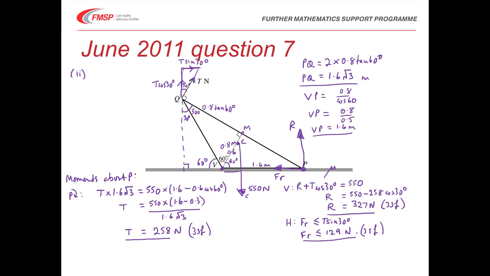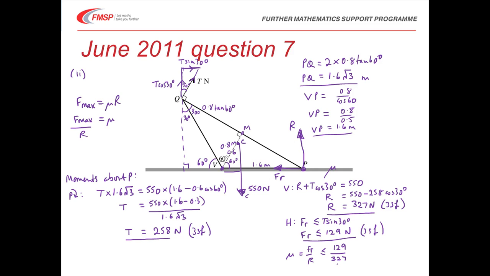So it just remains to calculate the greatest value of mu. Well, bear in mind that F max equals mu R. That means that mu equals F max divided by R. Well, over to the side here, I've got mu equals the friction divided by the reaction, and I therefore reckon that mu is less than or equal to 129 divided by 327,